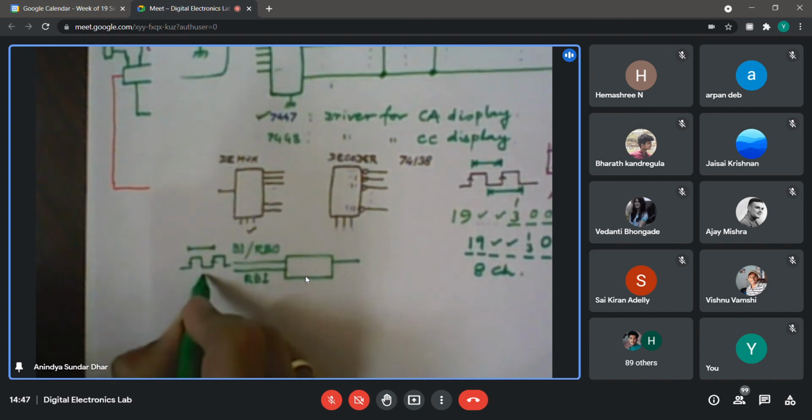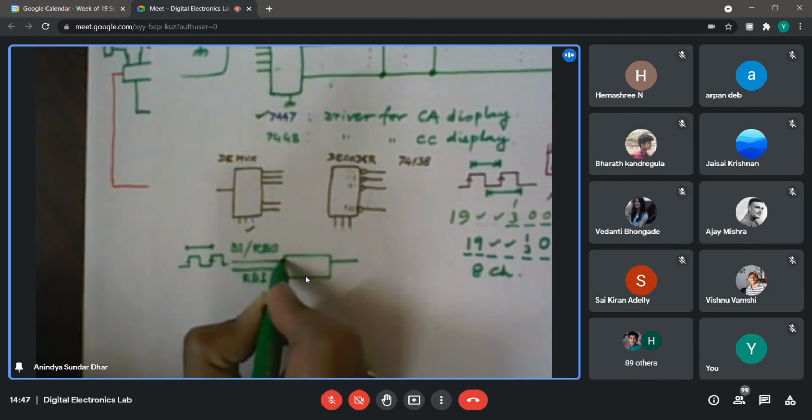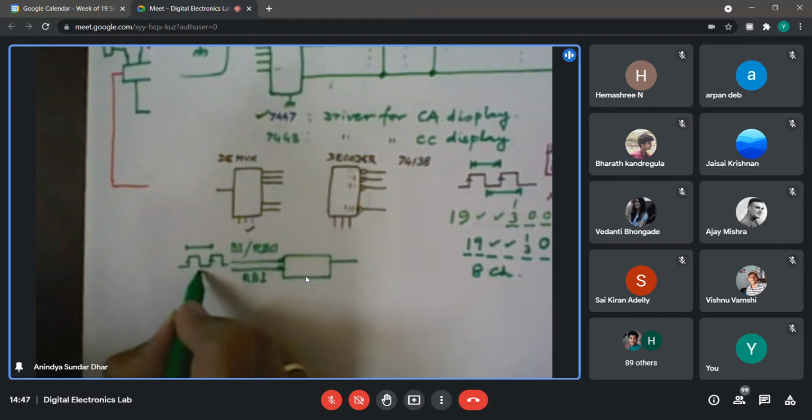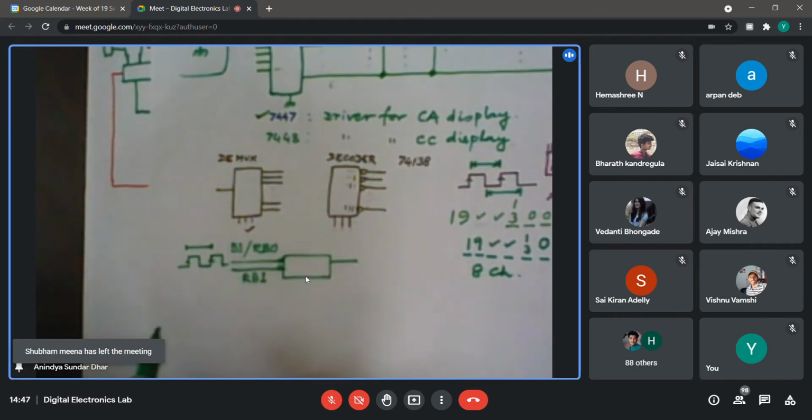Now if I connect it, because it is active low basically, BI or RBI, whenever the clock is low, during this phase, there will not be any display. So 50% of the time you will get the display, the rest 50% it will be blank. So between every digit getting displayed, you will get a blank.